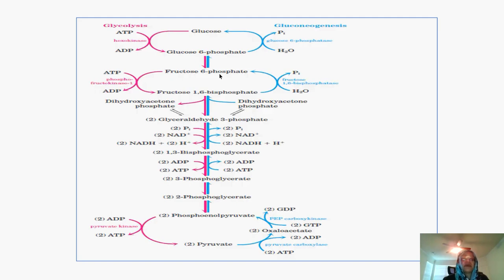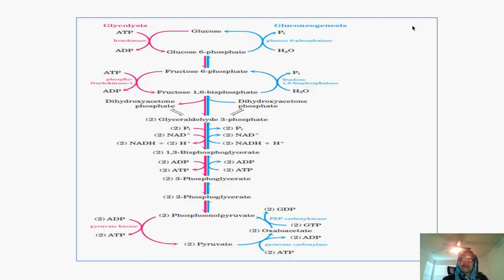If you have fructose 6-phosphate, what determines the movement? Is it going to be converted to glucose 6-phosphate, or is it going to continue in this direction? The driving force here is the requirements of the cell. What do your cells need at this time when they are producing fructose 6-phosphate or glucose 6-phosphate? The direction of the reaction will normally be determined by the energy status of the cell.